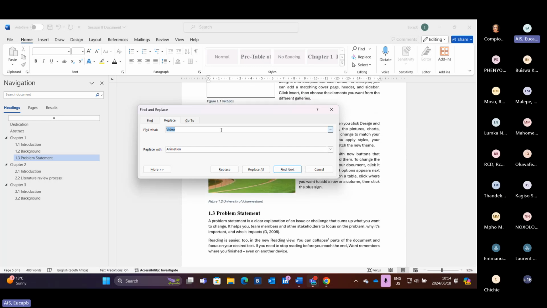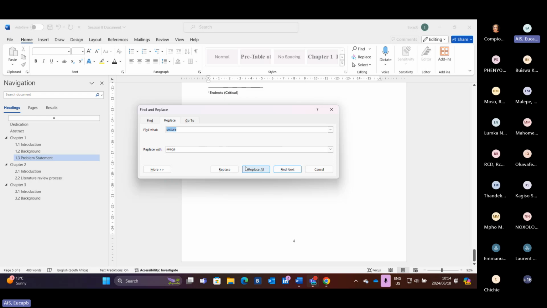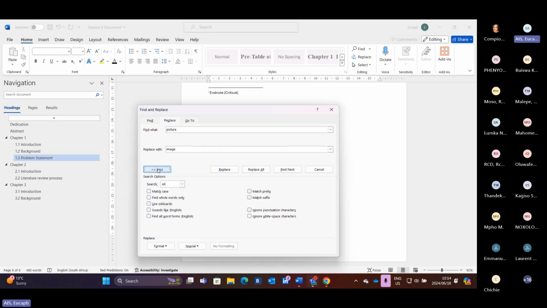Okay, let's say picture, and then we replace it with image. Then you can just click on replace. Then you see it's still not finding that specific thing, right? So if it doesn't find it, you have to open the options and click on match case, right? When you click on match case, it is going to look for all the pictures that are written in your sentence case, right? So when I click on find next,